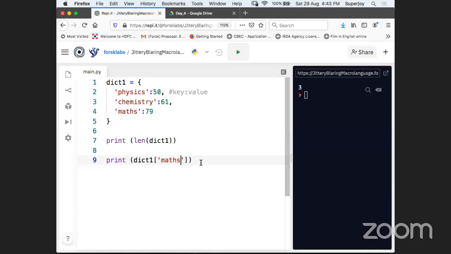So you just need to mention this and you will get the corresponding marks, right? Can you see, guys, we got 79. We don't have to do anything as of now, right? We don't have to store the data separately in a separate list. We don't have to store tuples, right? We just have to store a key value pair in the dictionary, and that becomes the easiest way for us to store such kind of information.